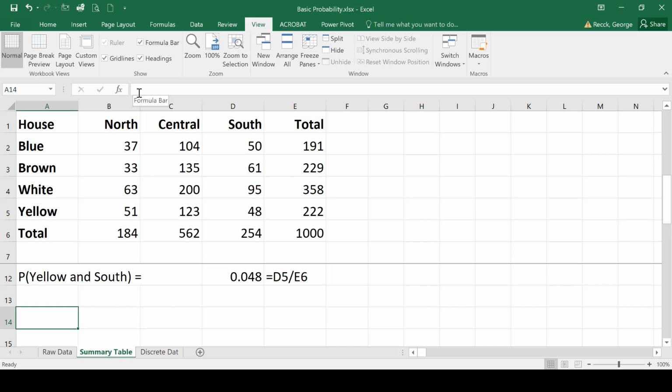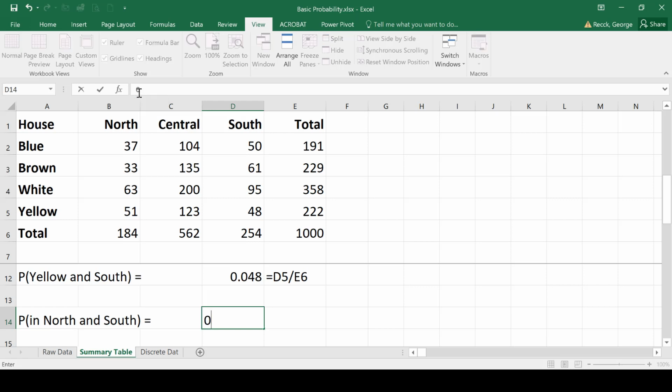The next question is a little bit tricky in that I ask it from the point of view, what is the probability that the house is in the north and south region or area? Well, that can happen. A house can be in two different regions, particularly the north and the south when there's a central in between. Although there's an interesting house in Canada that straddles two countries, that's been an interesting point of